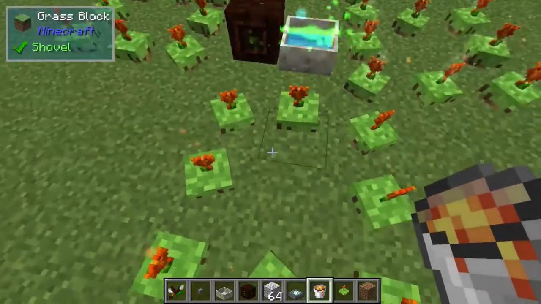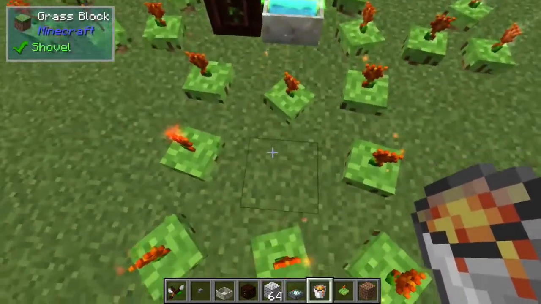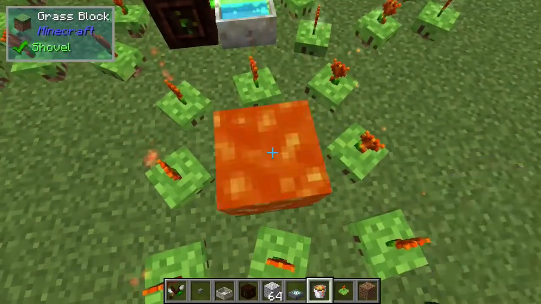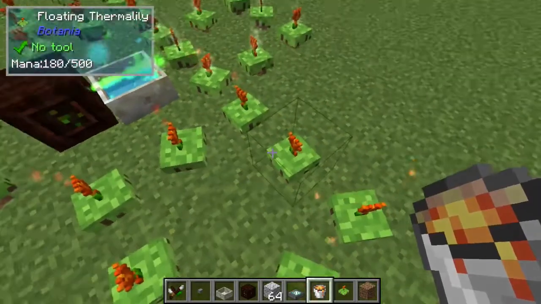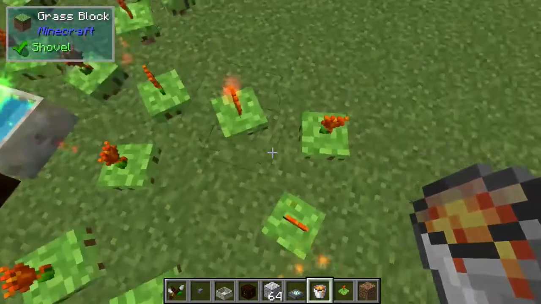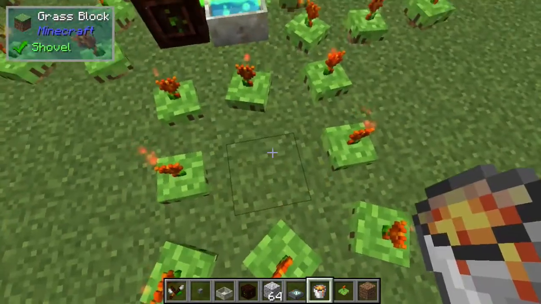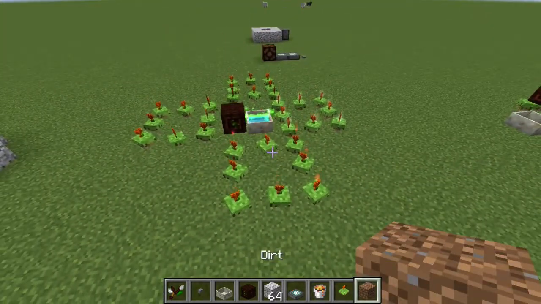2, 3, 4, 5. It's not crucial. 6, 7, and 8. Now, when you're doing it manually, it's not crucial, but of course, eventually we're going to set up